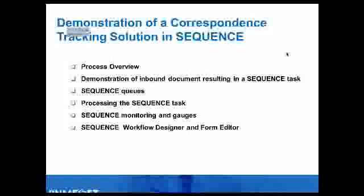Okay, what we're going to look at first of all is a demonstration of a correspondence tracking solution that has been built up in Sequence. I'm going to run first of all through a couple of slides to give you an overview of what you're going to be seeing. So a process overview, then actually a demonstration of the inbound document resulting in a sequence